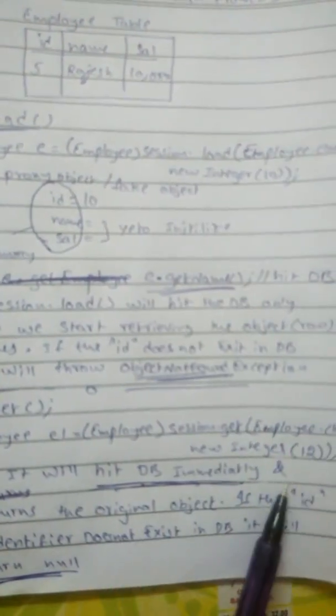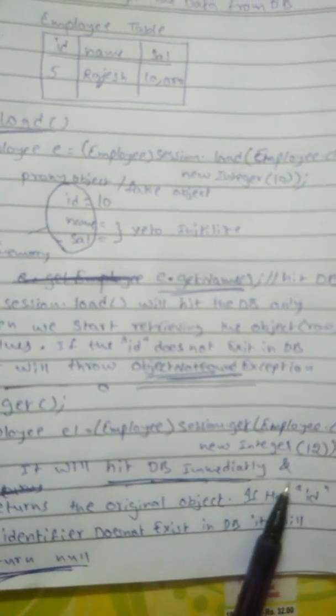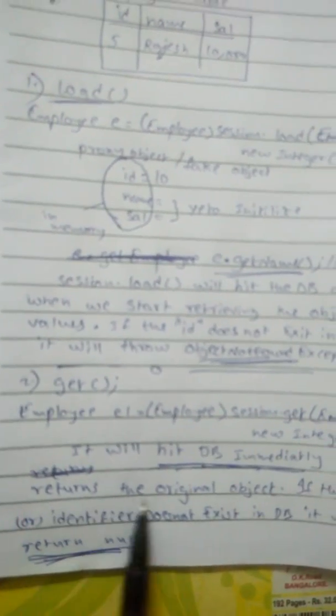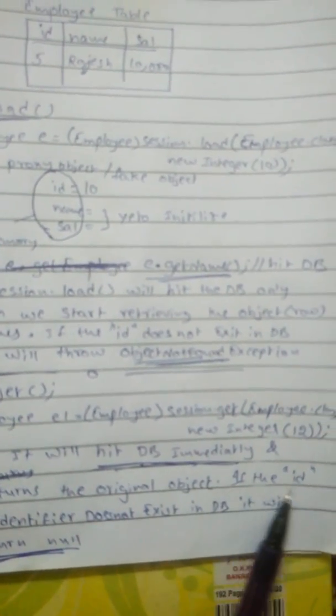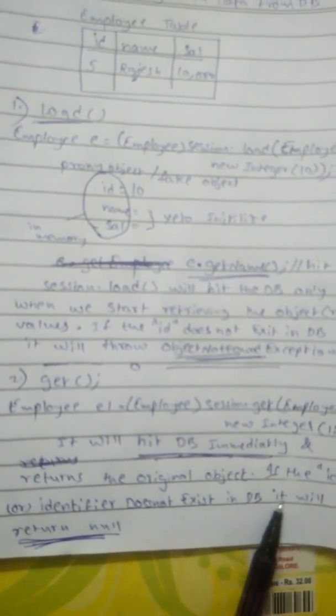So what is the identifier? It has 5, but here 12. In this case, it will hit the database immediately and return the original object. If the ID or identifier does not exist in the DB,